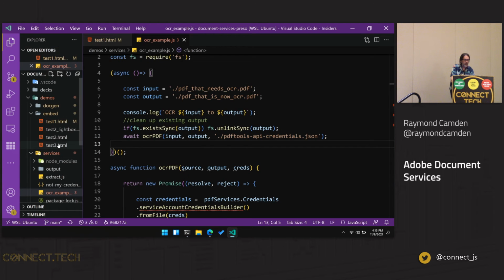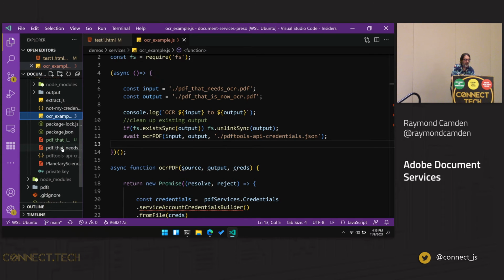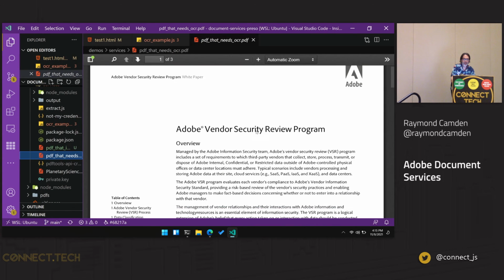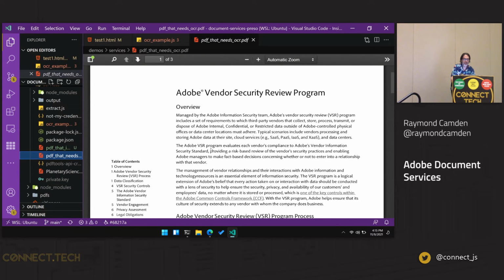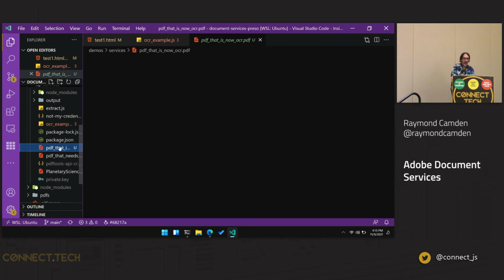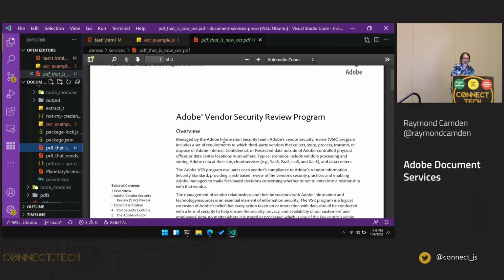And just to show you, this is the PDF that needed to be OCR'd. It's a very exciting vendor security review program. But you can't search in this, you can't select text because it's essentially a bunch of images. Have you all seen PDFs like this? I've seen a bunch of them. The one that's now been OCR'd now has text that could be searched, that could be indexed, that could be searched against. So I will fully admit that is not exciting at all, but that's really darn useful because now